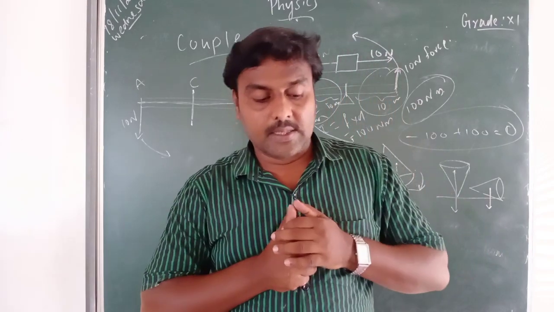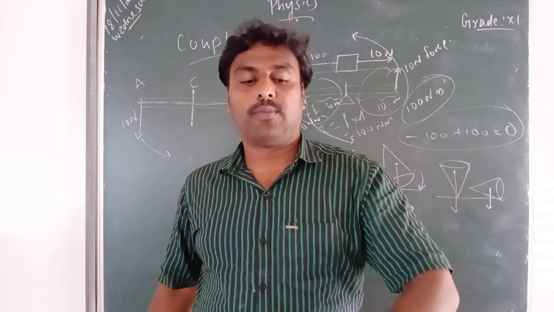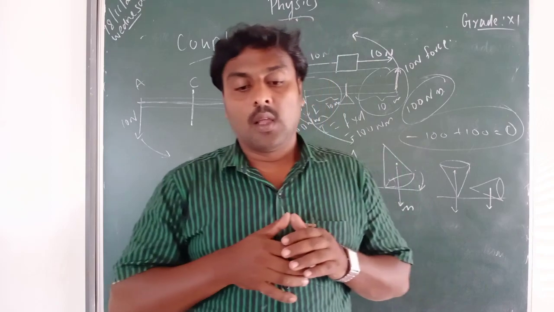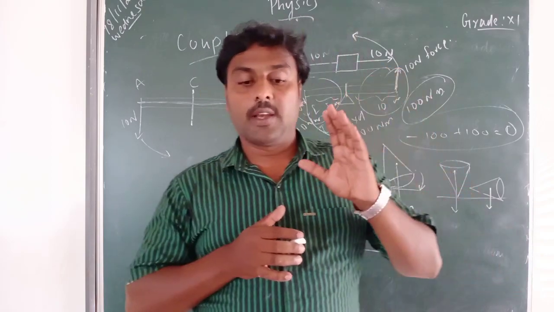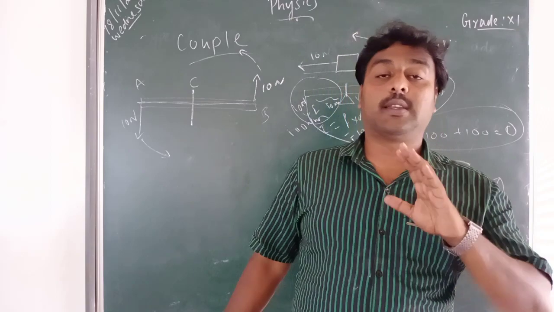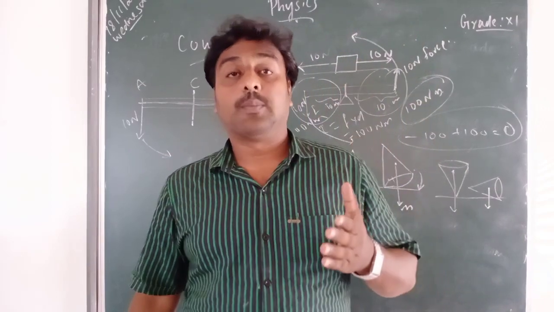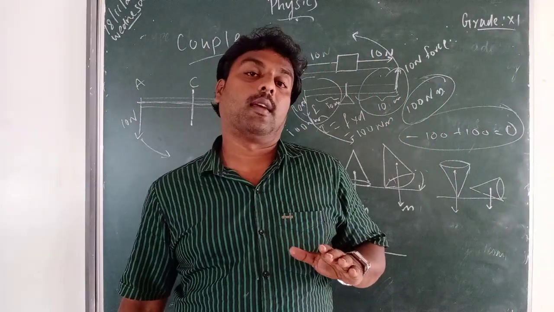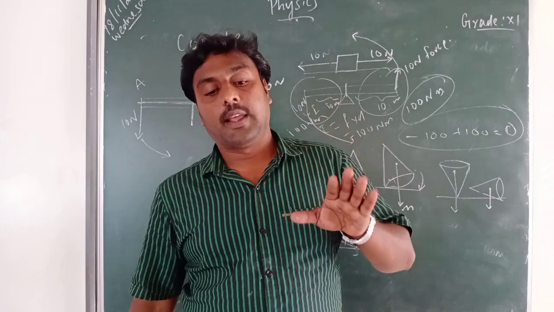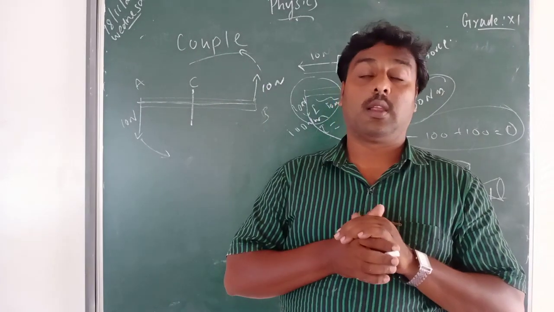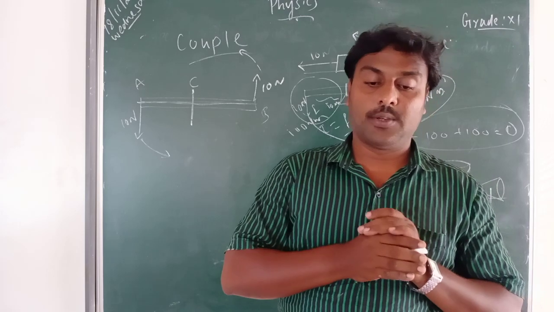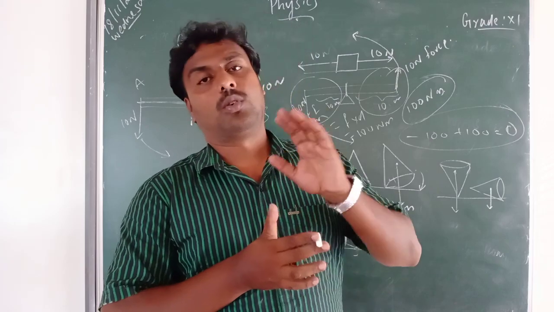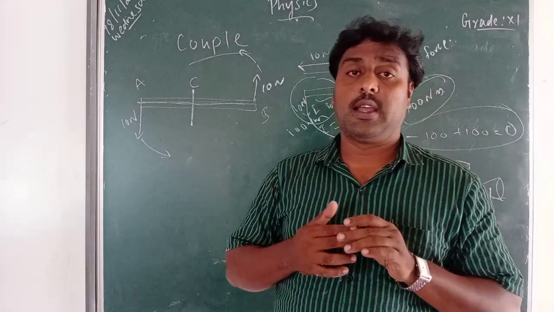There is a definition given on page number 230. You can learn this definition. A pair of forces which are equal in magnitude and opposite in direction, separated by a perpendicular distance, with lines of force not coinciding, gives a turning effect called a couple. You can learn this definition on page number 230. It is a 2-mark question. You can mark it and learn.